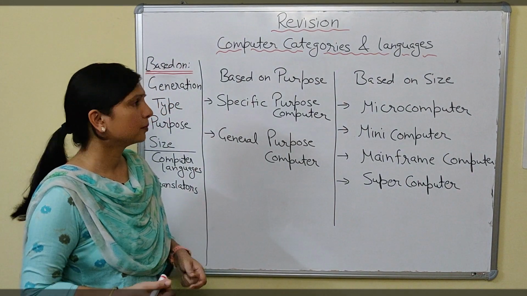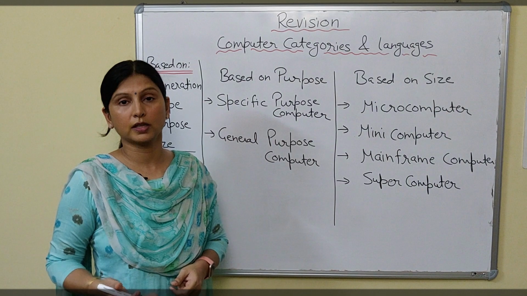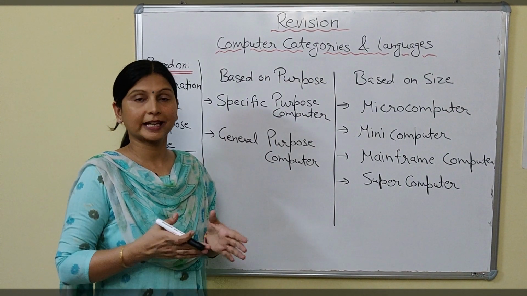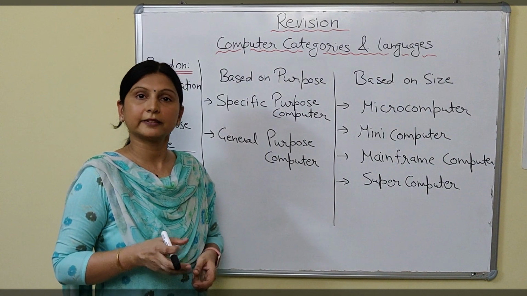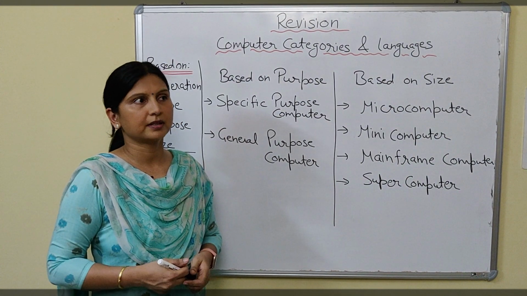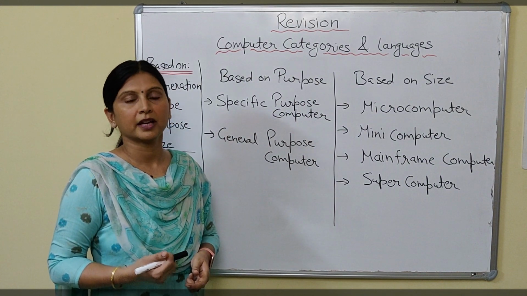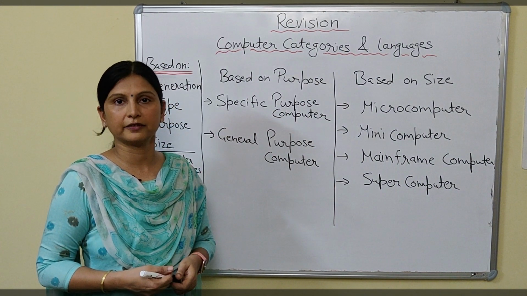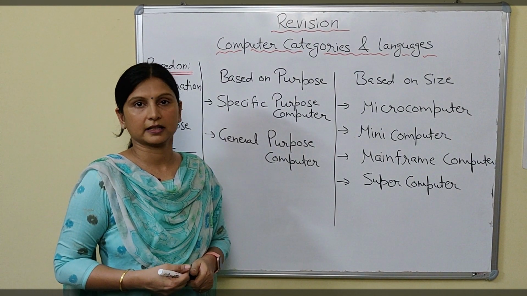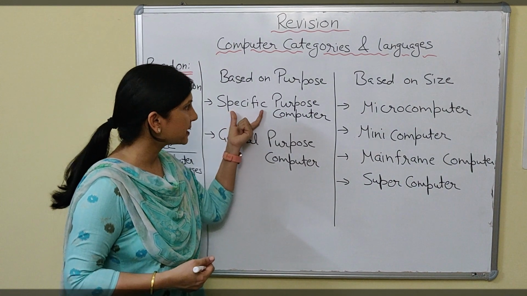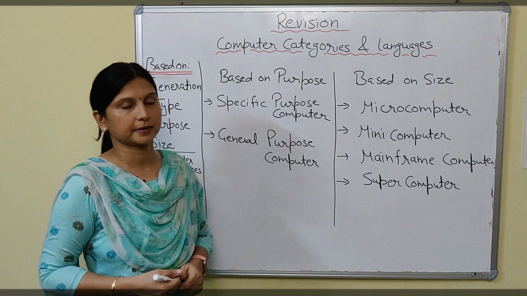For example, you might have observed the computers we use in the airport, and in the malls. We cannot use those computers at any other place. They are dedicated for that purpose. Other examples are the computers used for traffic signals, and for collection of tolls on highways. So all these are dedicated for some special task. Fine. So that's why we call it specific purpose computer, designed for only one purpose.